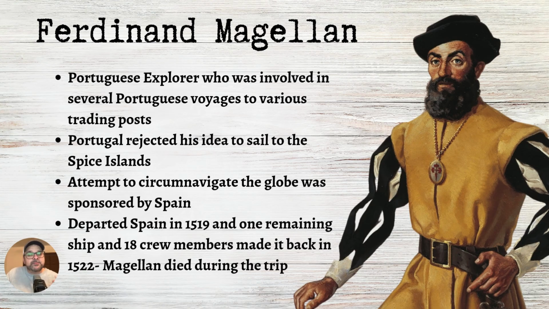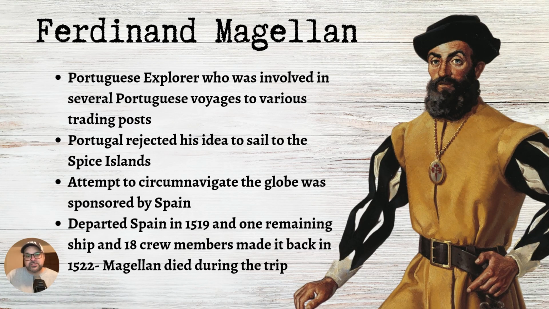Now, we briefly spoke about Magellan in topic 4.1. And again, Magellan is most famously known as the first person to circumnavigate the globe. Now, take that with a little bit of an asterisk, right? The voyage that he started does in fact make it all the way around the world. Magellan himself does not. He died somewhere in the Philippines. So he himself never really made it back to Spain. The only thing that does is one single ship and 18 men made it back to Spain under